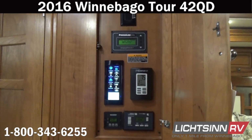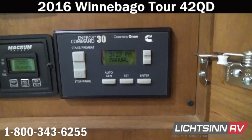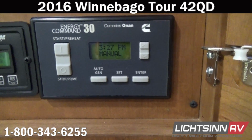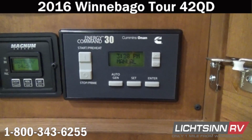We then include controls for the zoned heating, ventilation, and air conditioning system. Down below here, we include the Cummins Onan automatic generator start system. This ties in with the Cummins Onan 10,000 watt quiet diesel generator. The beauty to this is that we can actually set this up so that if you have pets or people that aren't very knowledgeable with the RV inside the RV,